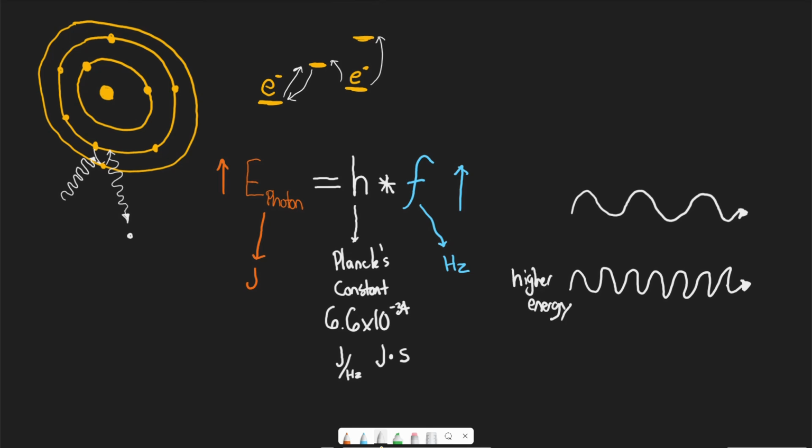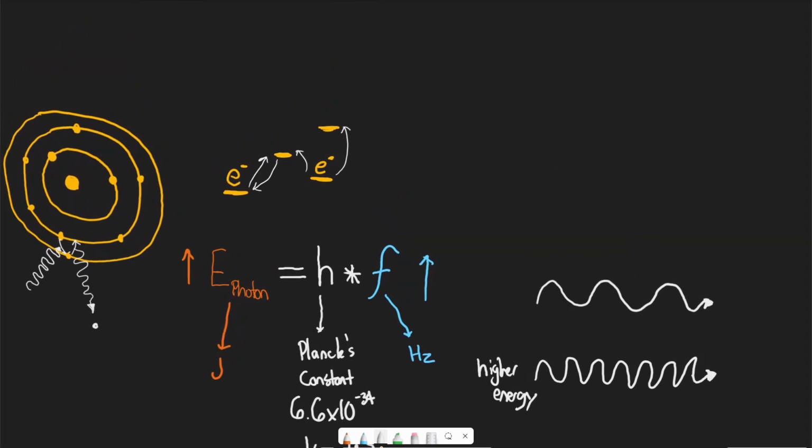And that makes sense. Now, one final point is that sometimes they won't give you a frequency. Sometimes instead they'll give you values that you can use to calculate frequency. And we saw that in the last lecture, right? When we talked about the properties of a wave, that there are values that we can use to calculate frequency. So we can use this equation, c is equal to frequency times wavelength,